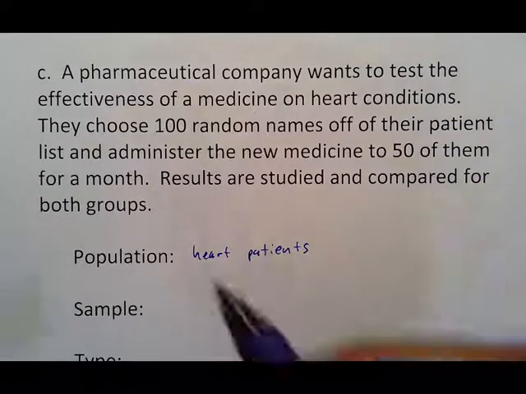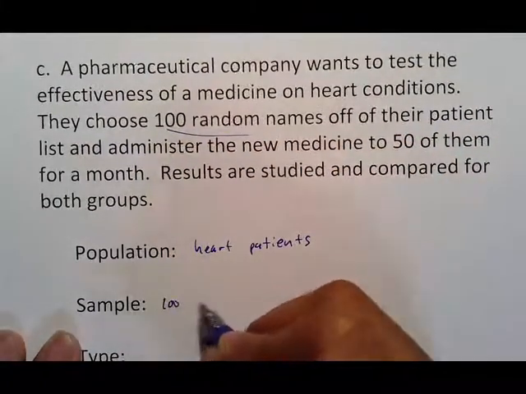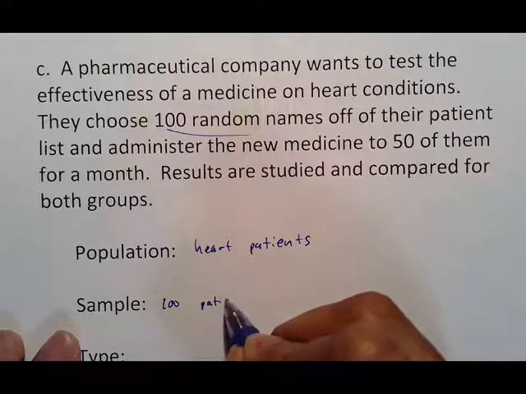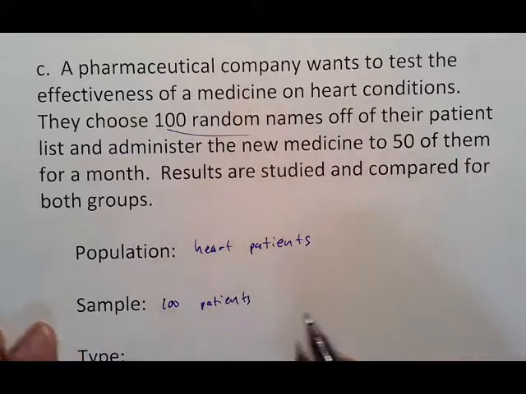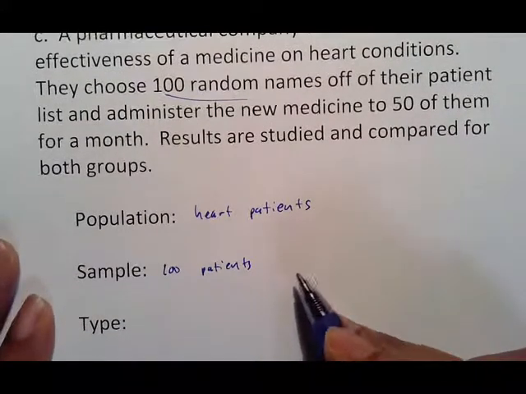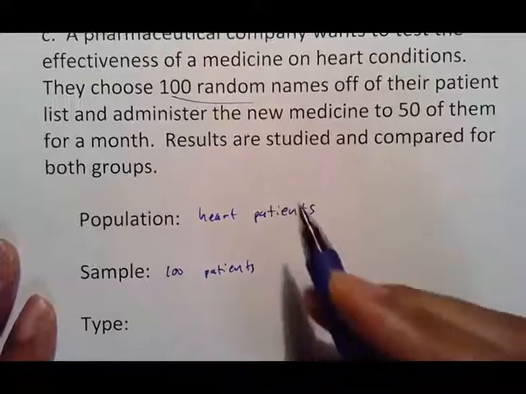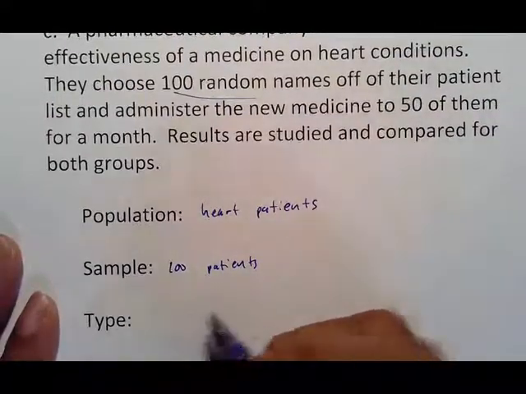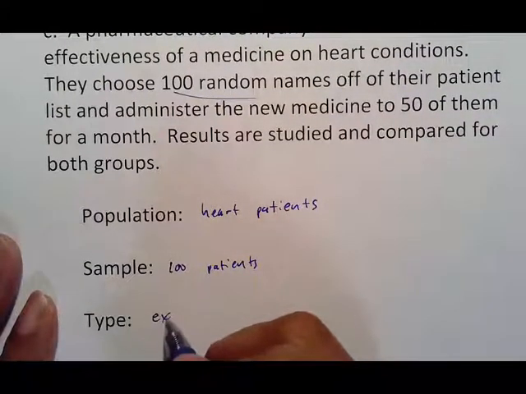Your sample, though, is the 100 patients who were tested, or 100 patients who were part of the study. And the type, again, because we are separating this into groups and we're going to check the results based off of trying something out,